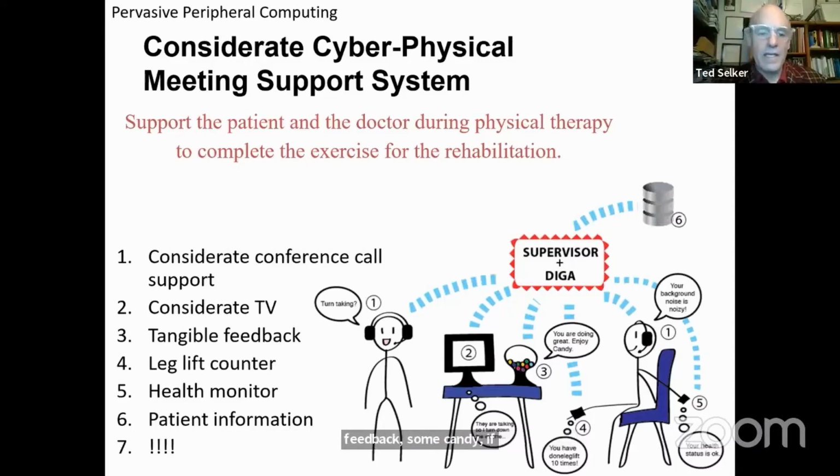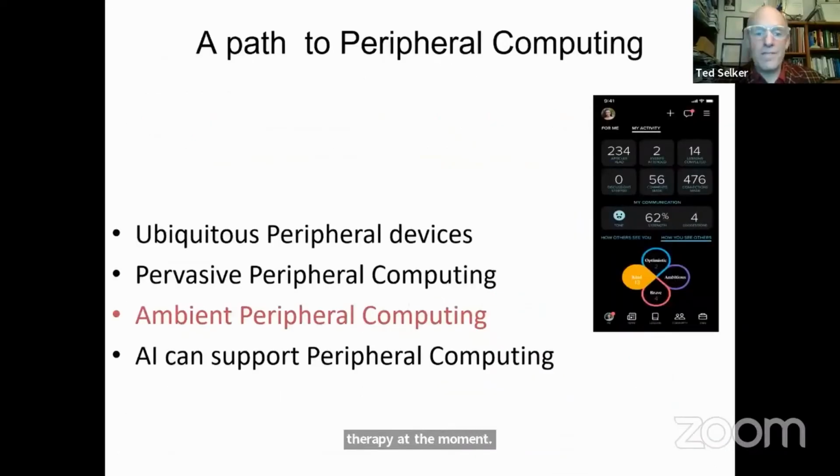This really integrated all of these different devices to support somebody in physical therapy, counting their reps and so on, and treating the doctor that walks in and is trying to help you differently than your aunt that's haranguing you about the loan you haven't paid back to her, or whatever is distracting you from your physical therapy at the moment. So this idea of pervasive computing